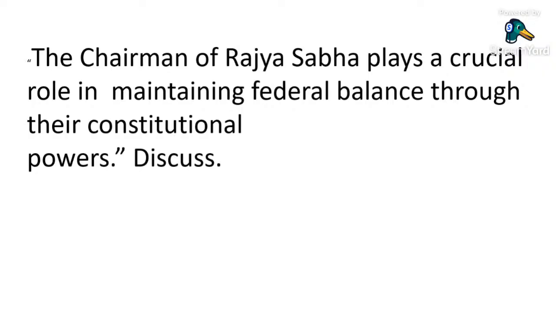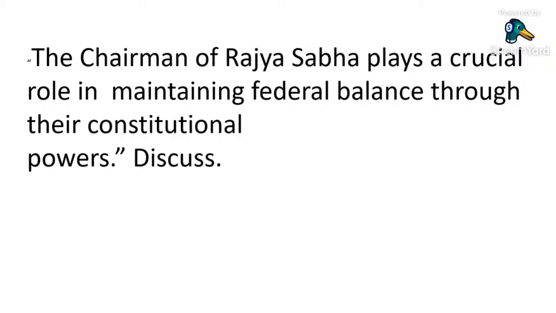Then casting vote in contentious decisions. Article 100 provides the chairman with a casting vote in case of a tie, ensuring a fair and balanced decision. Then preserving the federal character of Rajya Sabha. As the custodian of Rajya Sabha functioning, the chairman ensures that the debates uphold the constitutional principles of federalism, encourage discussion on issues directly impacting the states such as GST, ensuring neutrality and representation, maintains impartiality in debates, ensuring equitable representation of both smaller and larger states,